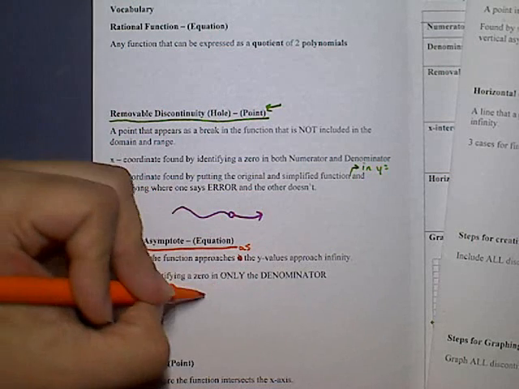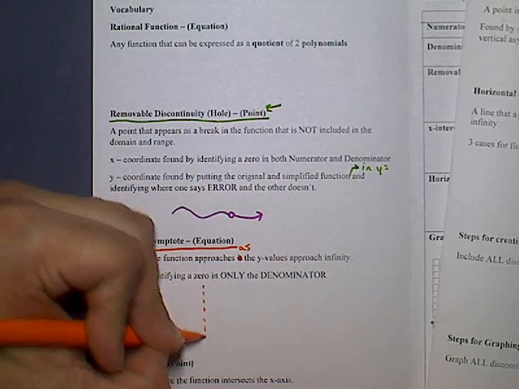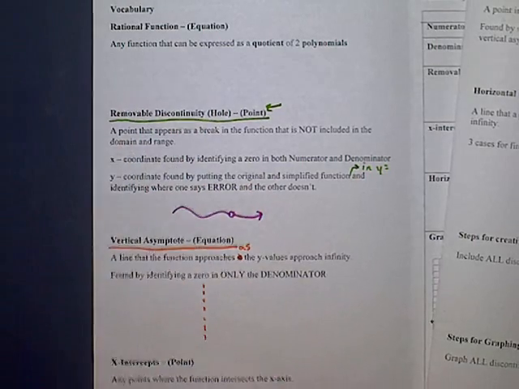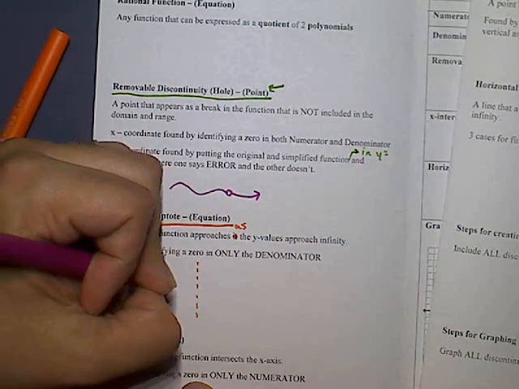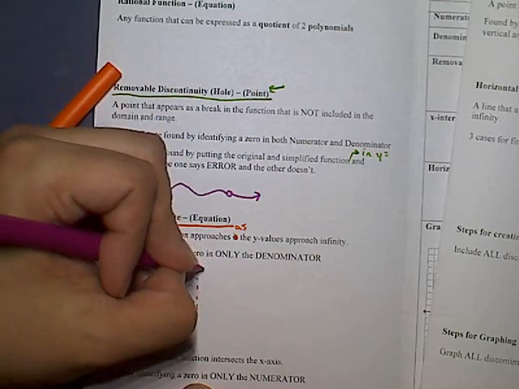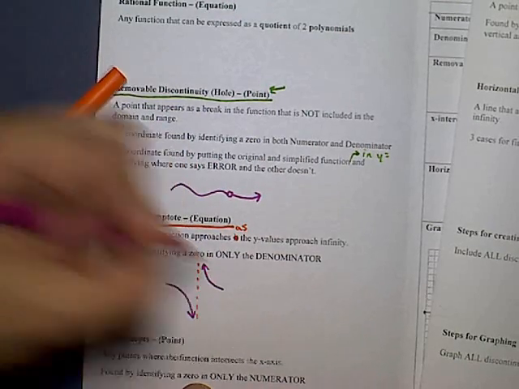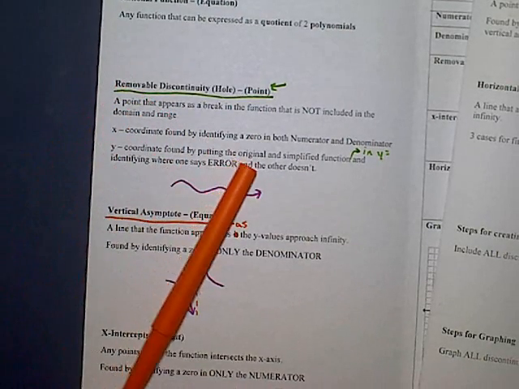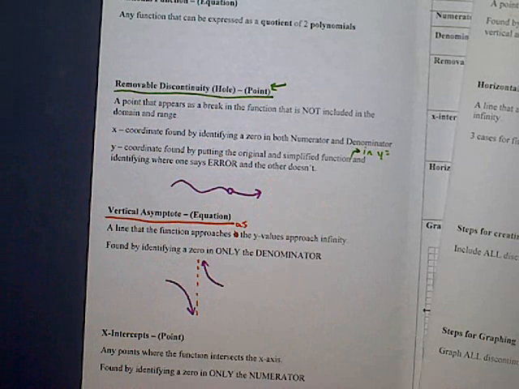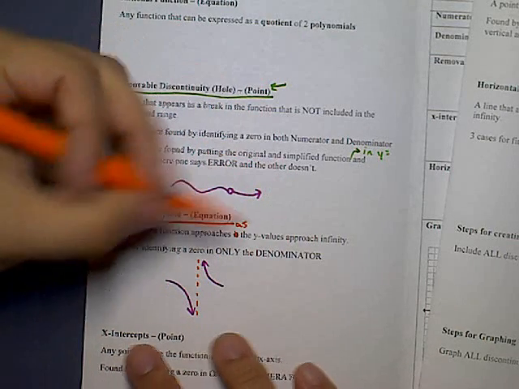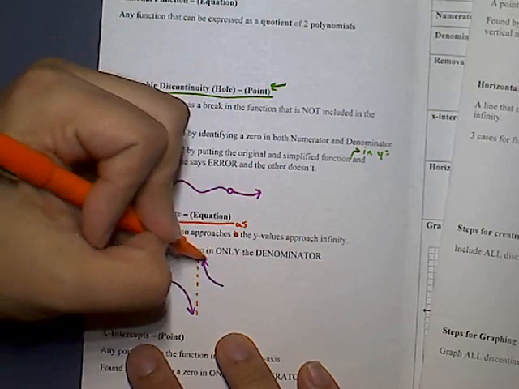An example would look like this. It's a vertical dashed line while the rest of the function goes towards it but never crosses it. That is an example of a vertical asymptote. Now, the way that we find the vertical asymptote is we find it by identifying a zero that is only